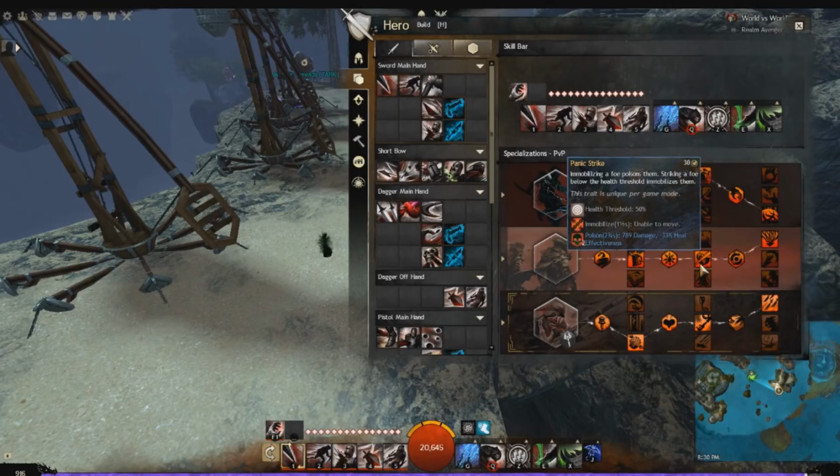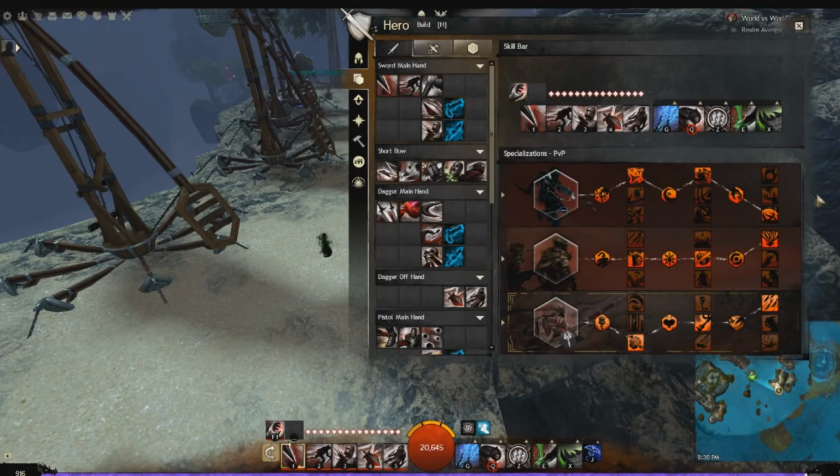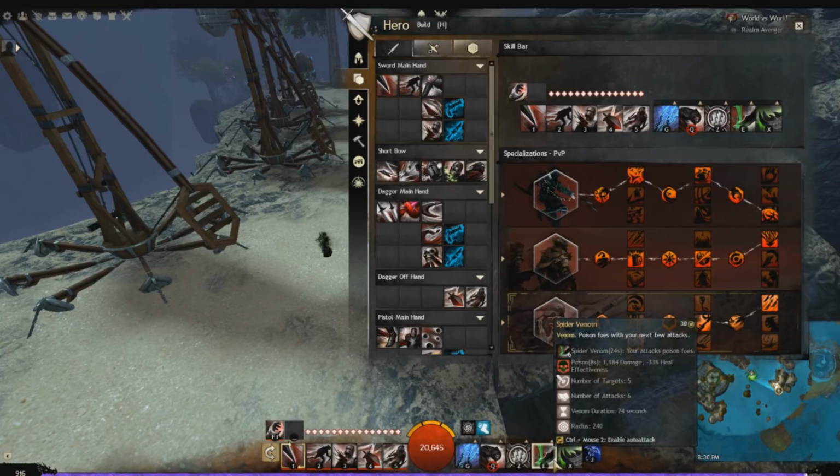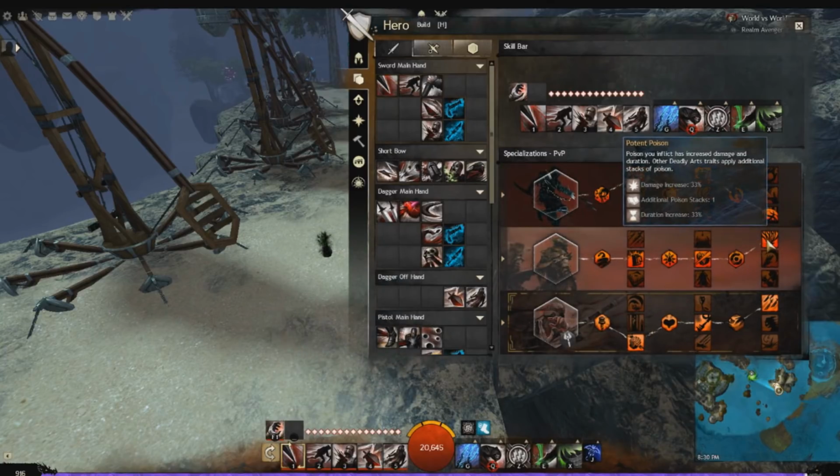The thing is to not panic though when you do see poison on you, because you don't necessarily know what the duration is unless you look at it. And you know, a 700 damage poison like this right here isn't something to blow your cleanse on, right? So the real things that are going to be doing damage to you are the spider venom and the steel. And then you have potent poison, which just increases your poison damage and duration. So